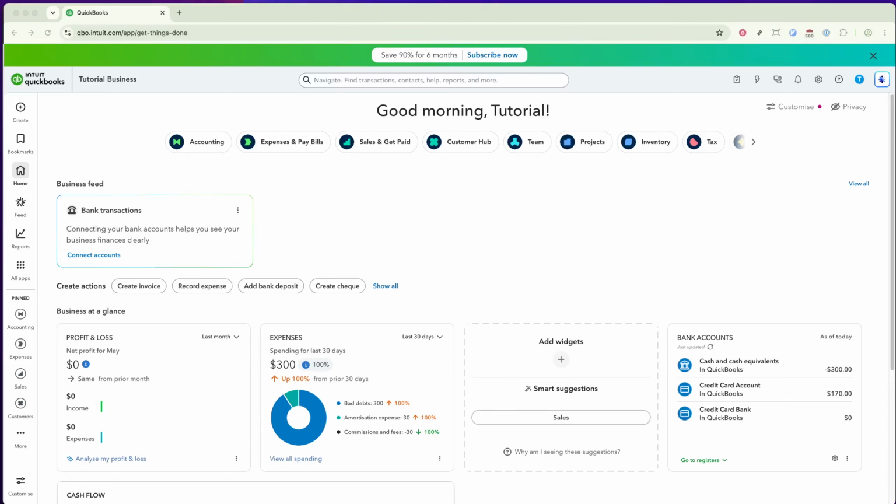In today's video, I'm going to teach you how to export your chart of accounts from QuickBooks Online to Excel. Whether you're organizing your financial data, preparing reports, or simply backing up your accounting information, exporting your chart of accounts to Excel is a quick and easy process. By the end of this tutorial, you'll have all your account details neatly stored in a downloadable spreadsheet, ready for